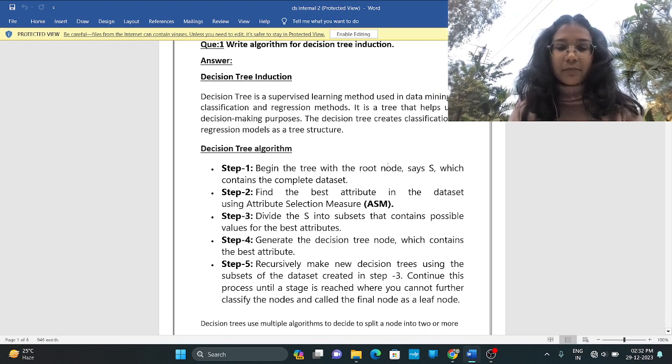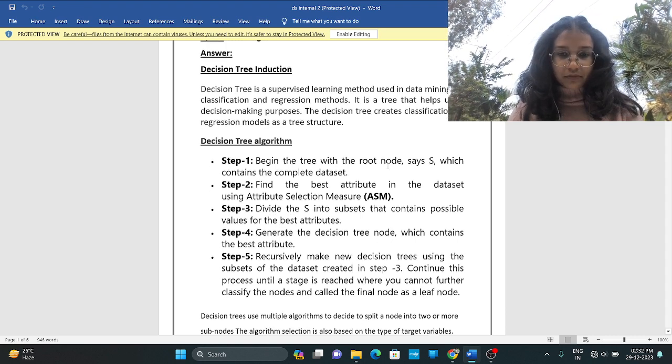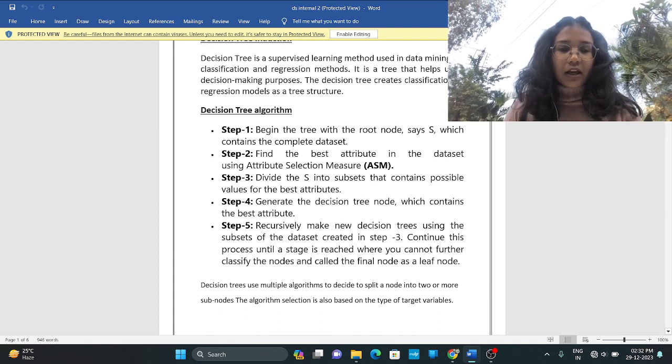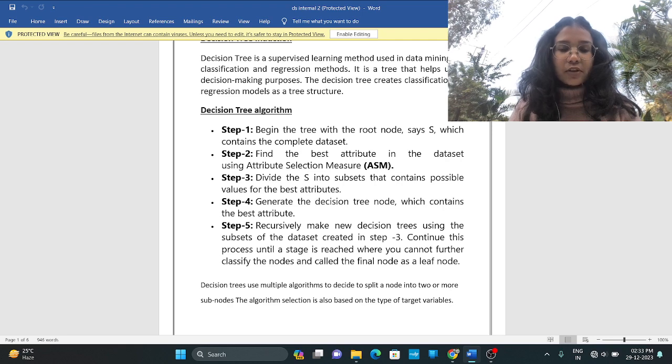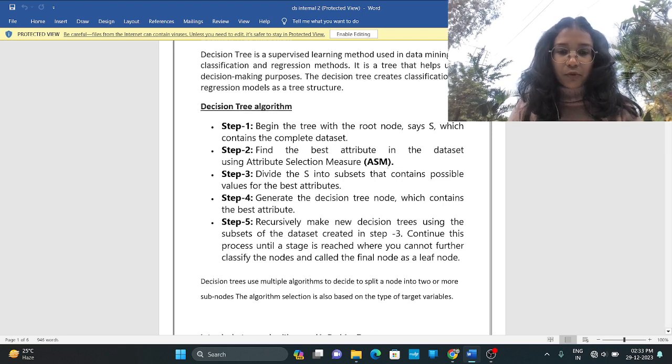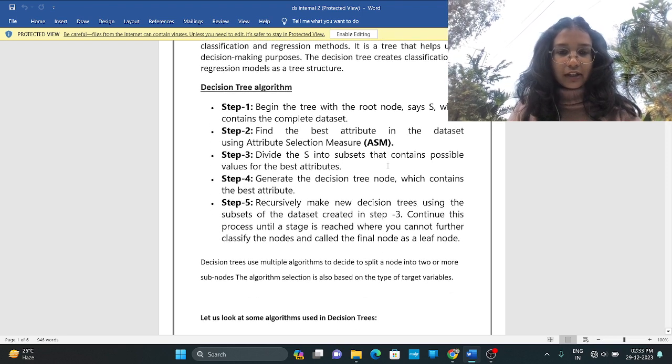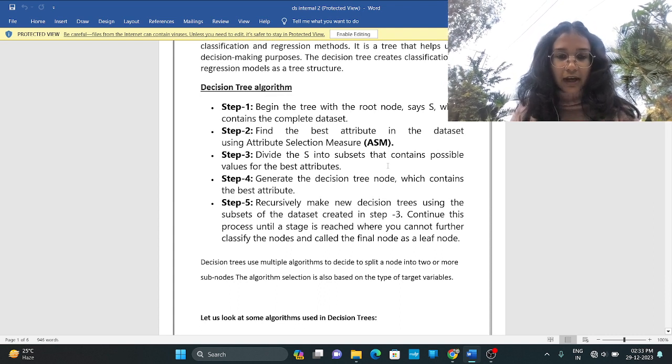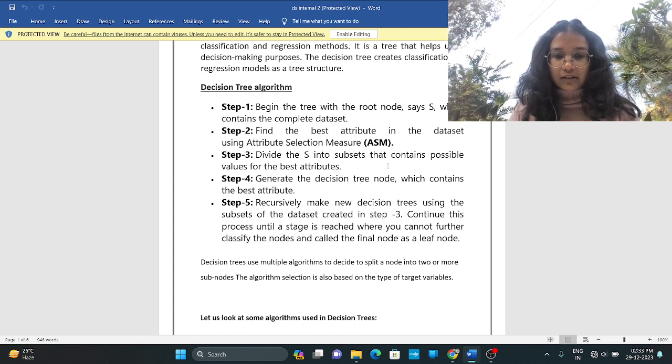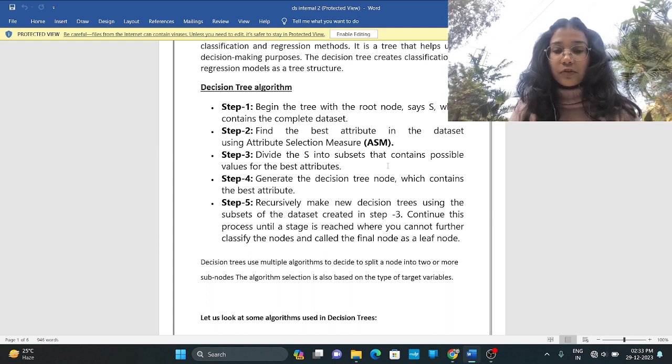Step 2. Find the best attribute in the dataset using attribute selection measure, which is ASM. Step 3. Divide the S into subsets that contain possible values for the best attributes. Step 4. Generate the decision tree nodes which contain the best attribute. Step 5. Recursively make new decision tree using the subsets of the data set created in step 3. Continue this process until a stage is reached where you can't further classify the nodes and call the final node